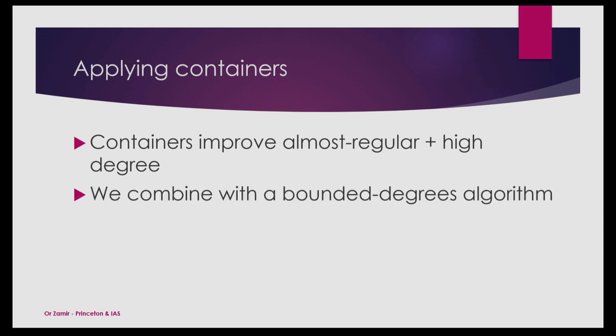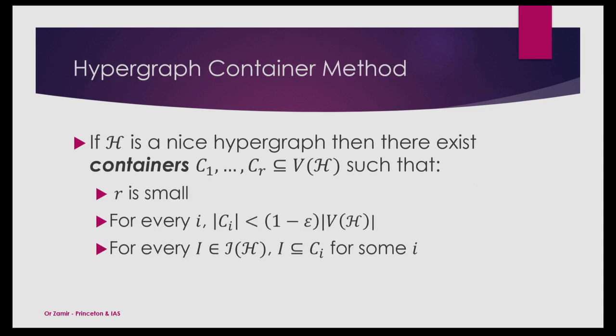Then what we are going to do usually is to combine it with algorithms for the bounded degree case. If we have a faster algorithm for the bounded degree case, for example, we saw one for graph coloring, then the combination of the two would give us an improvement in general. Good, so this is the recipe that we have in general, and the last thing I am going to mention